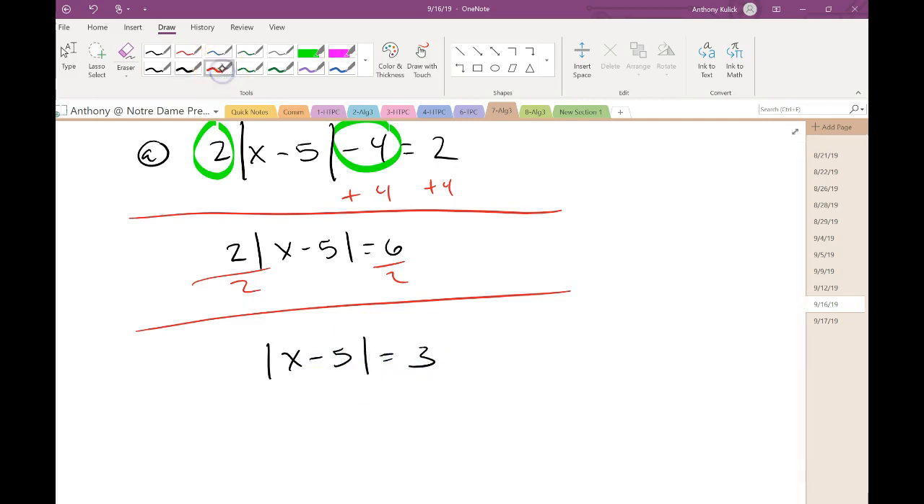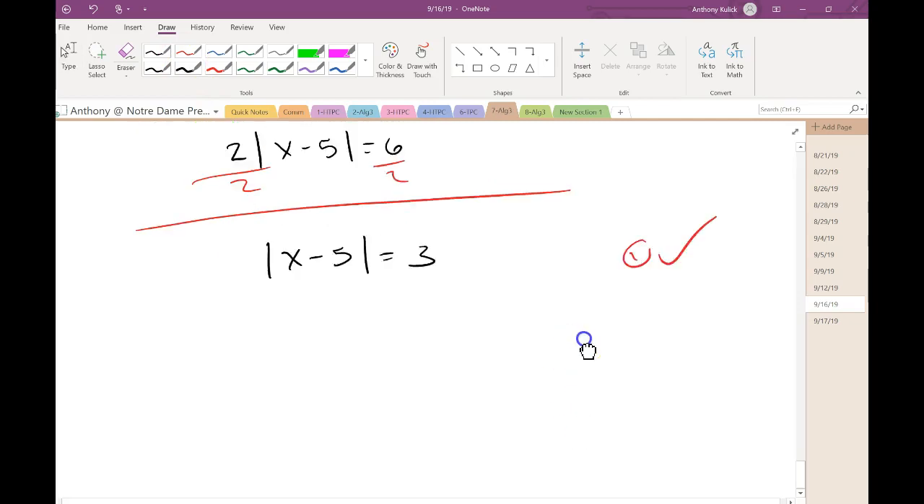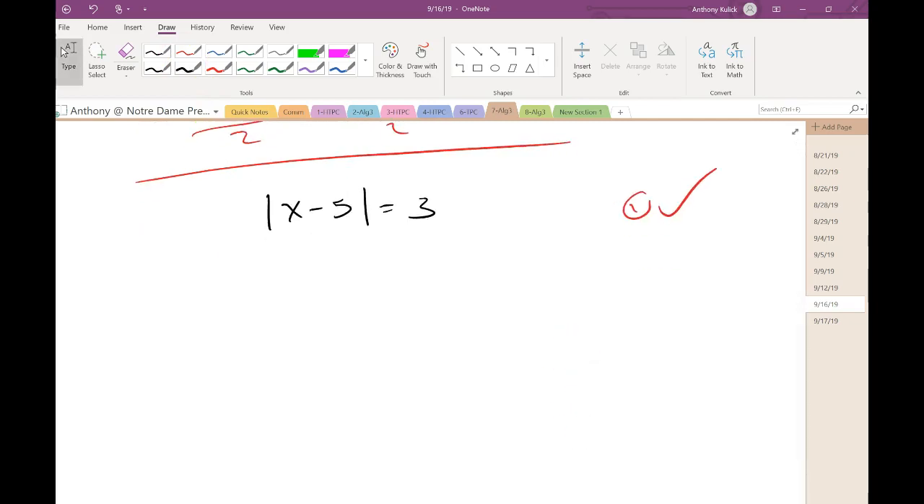Everybody okay with that? So step 1 is now done. We've isolated the absolute value. Everybody's okay with that? Now in step 2, what we're going to do is break this absolute value equation into 2